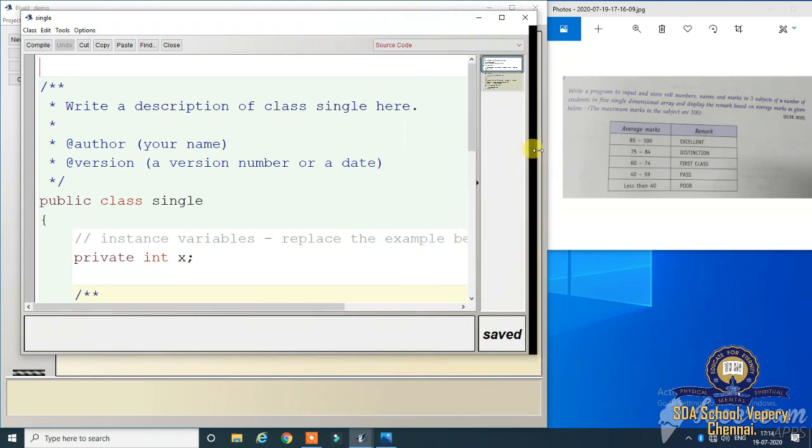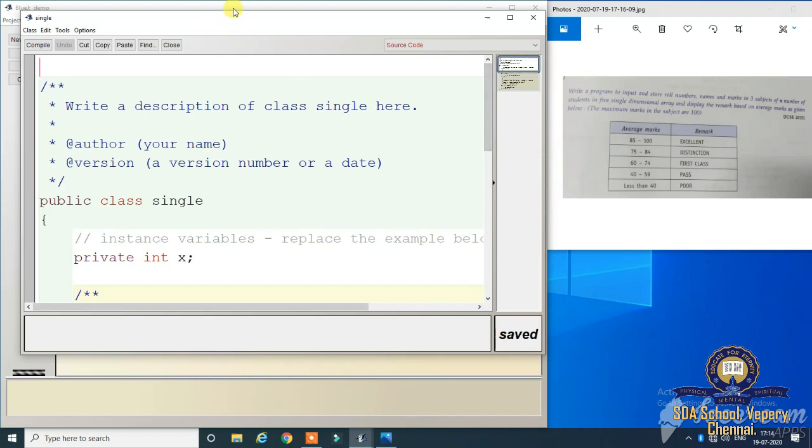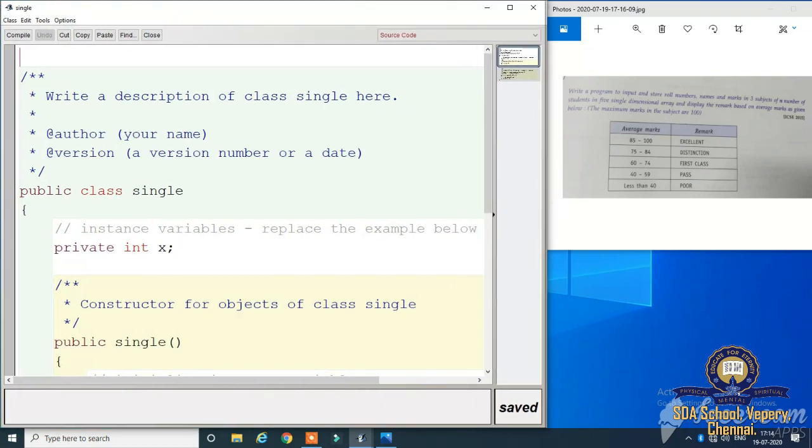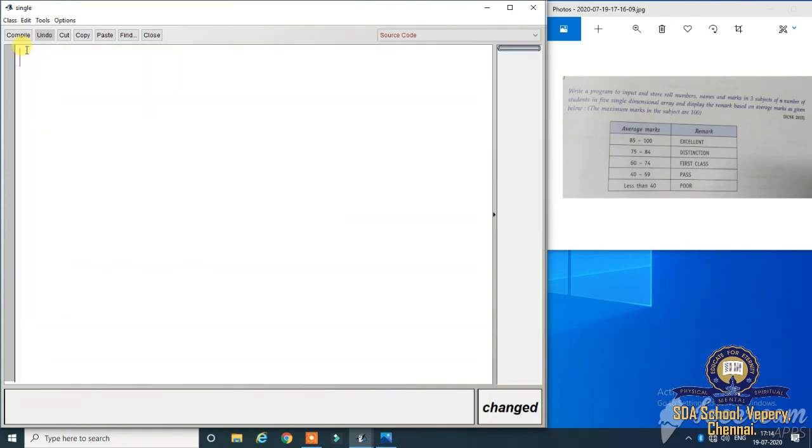My class name is single, because this is the example program for the single dimensional array.